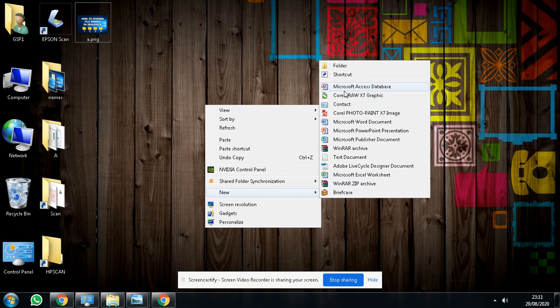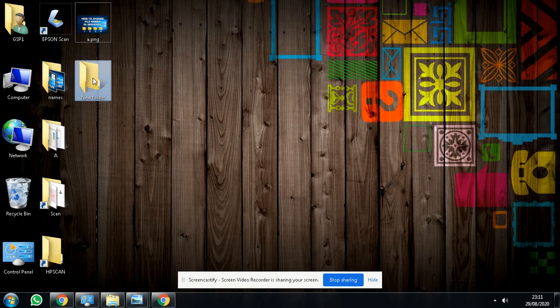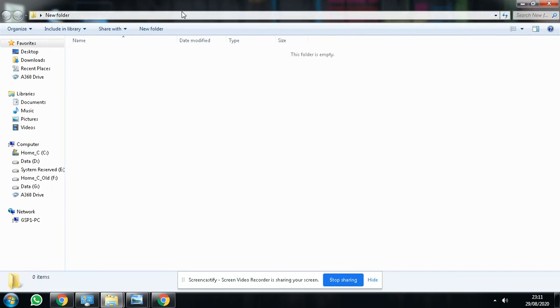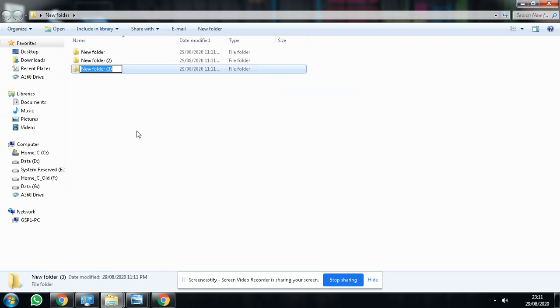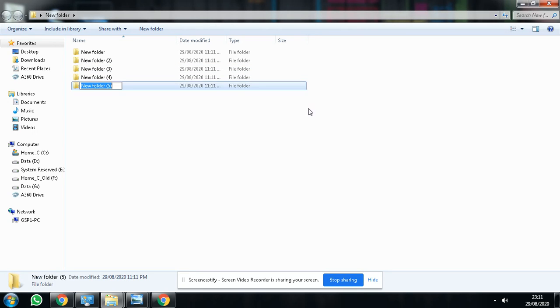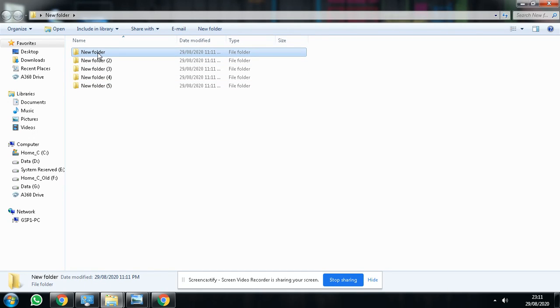Let's, for example, create a folder just for reference and create 5 files only for your reference. See, there are two shortcuts, very simple. Okay, let's do it. Select a file,